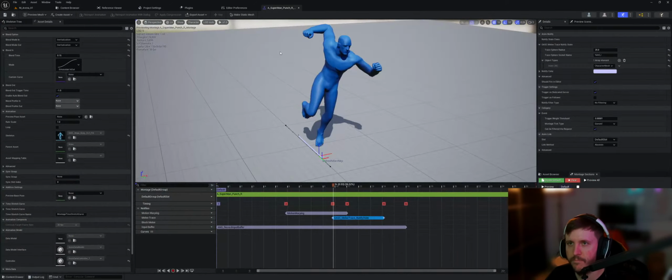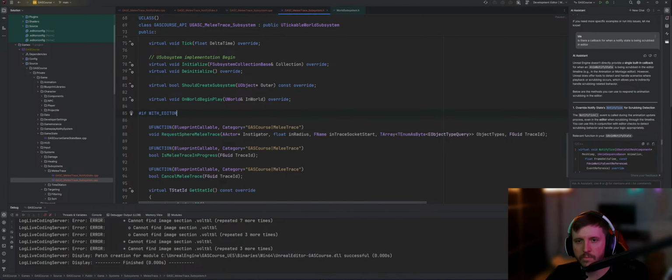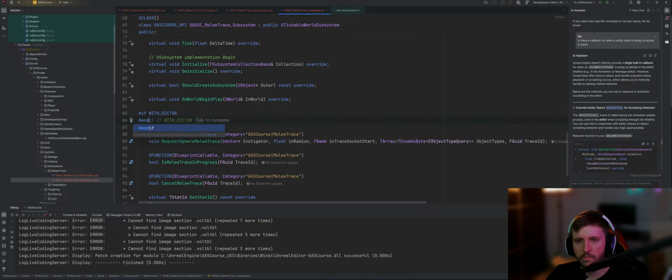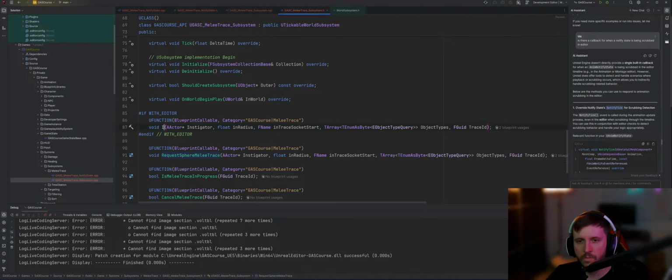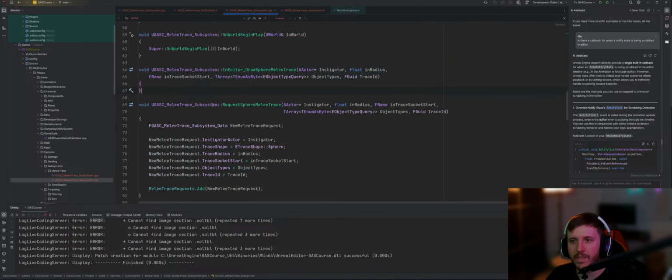I think we need to make an editor-only function here. So I wonder if I can just say something like, in editor, draw sphere melee trace, generate that, like that,